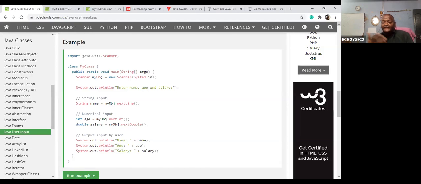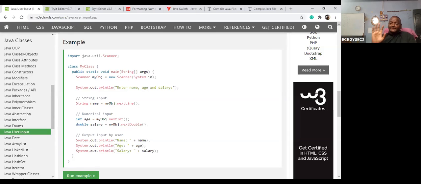If it is a character, he can use next().charAt. So according to the data, the system accepts it accordingly. Whether you are giving an integer, it can accept the integer value. Whether it is a float, it can accept the float value. If you are giving a string, nextLine is there. So according to the user requirement, the data should be scanned by the system.